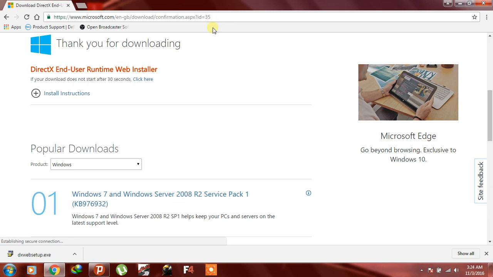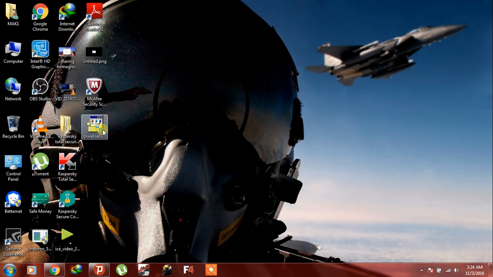Open that link and download this software. I have already downloaded this. Install it. At the time of installation, it will ask to download about 80 to 90 MB files. Download those files and install the software completely. And after the installation, you will be fixing your no sound error and you will be enjoying your game with